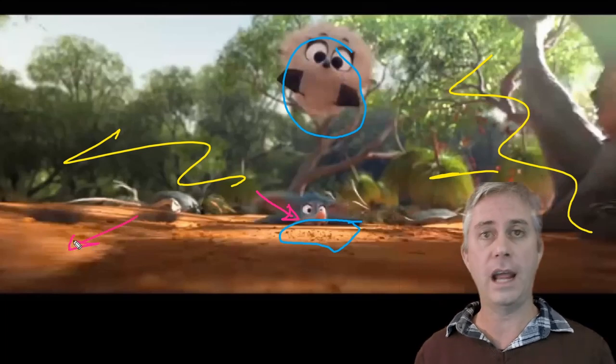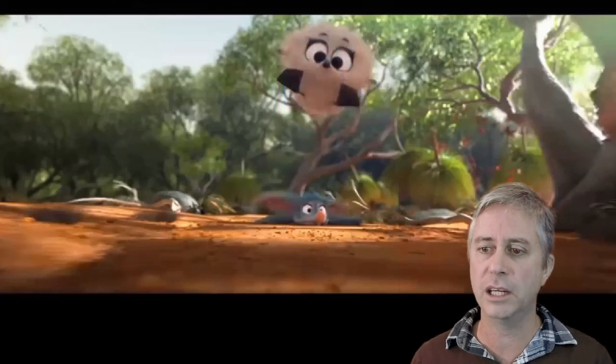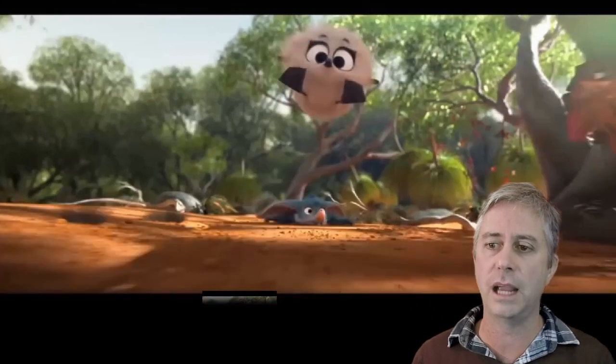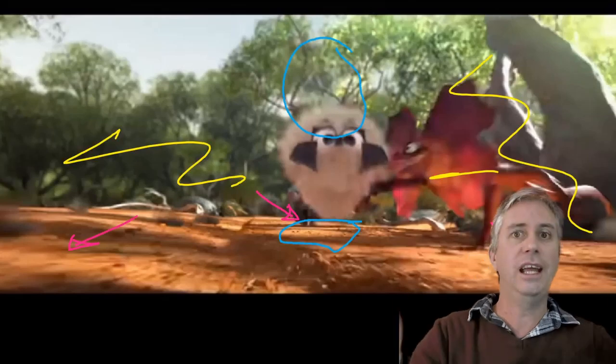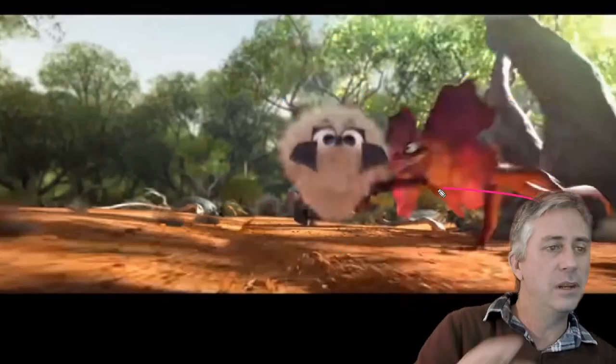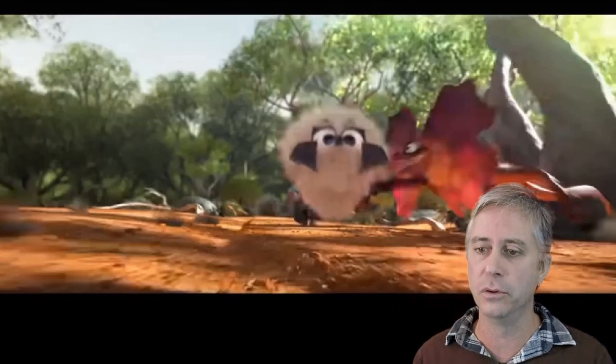But now we've got a new character coming in from the side, which is beautiful, and they're still running in the same direction. Camera moving backwards, characters coming forwards, and we've changed the direction. I love this shot. It's just keeping on going. This is so exciting. This is what I love. We're now about halfway through.